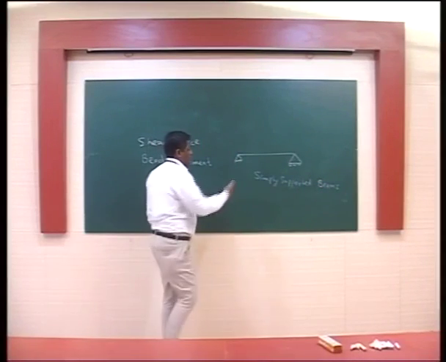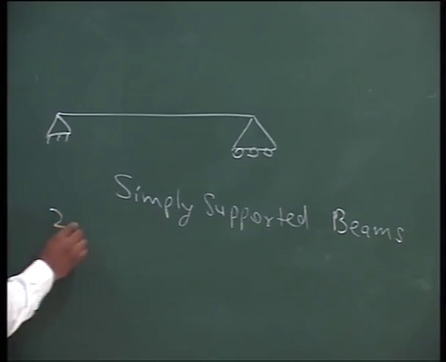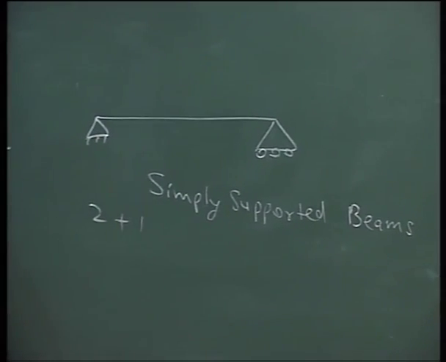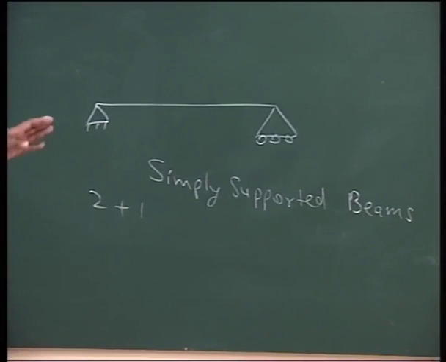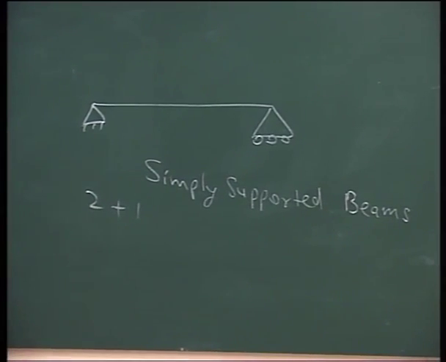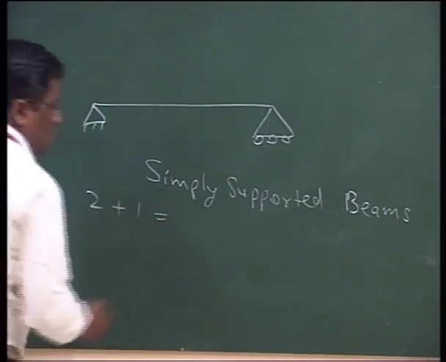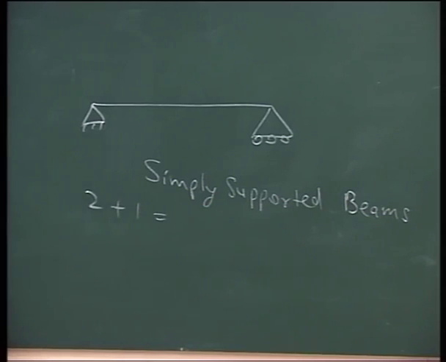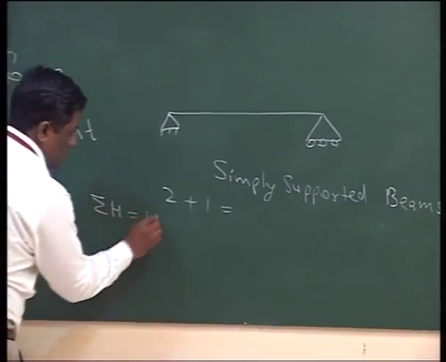Such type of beams give you two unknowns from this support, that is a hinge support, and one unknown from the roller support. Now to determine these three unknowns, we have three equations. The equations from the equilibriums are